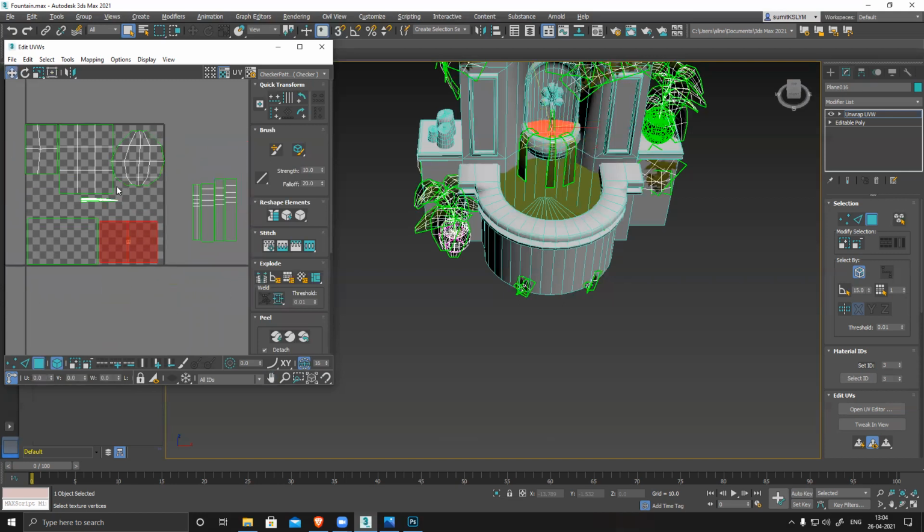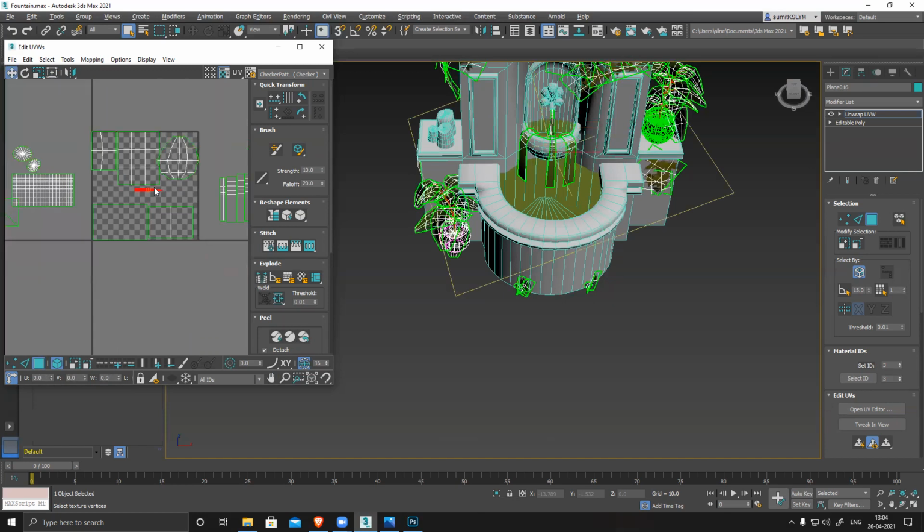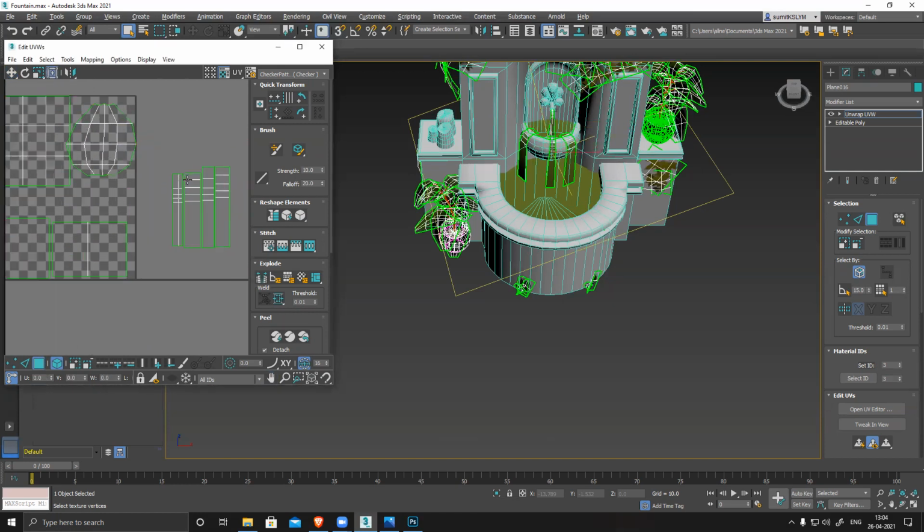This is also very nice. This is also solid, so let's keep it outside. First, I'll fit everything.